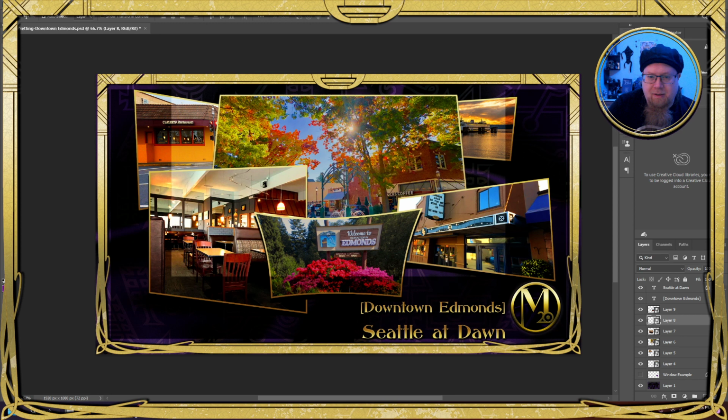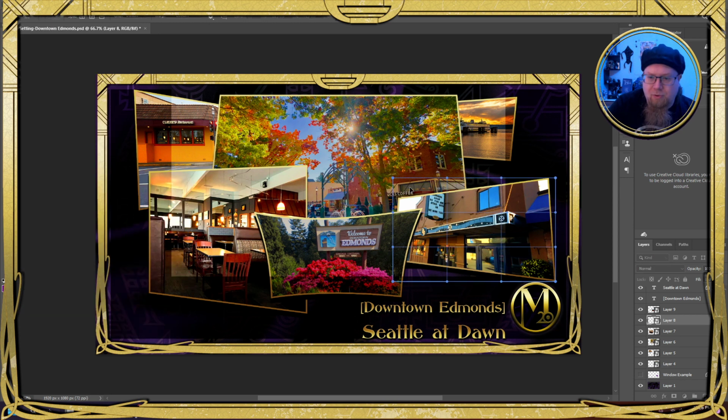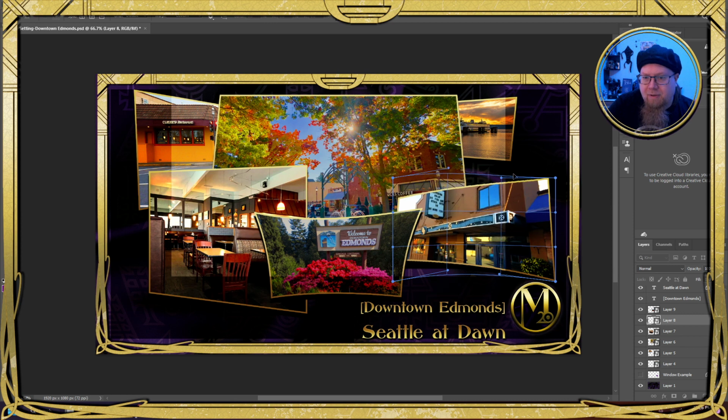I want this guy to be more, and we can do some cool things here with the warping. So we can kind of bring these pieces in here, but we also can bulge the top here. So now it's got this kind of neat curving from behind sort of thing going here.